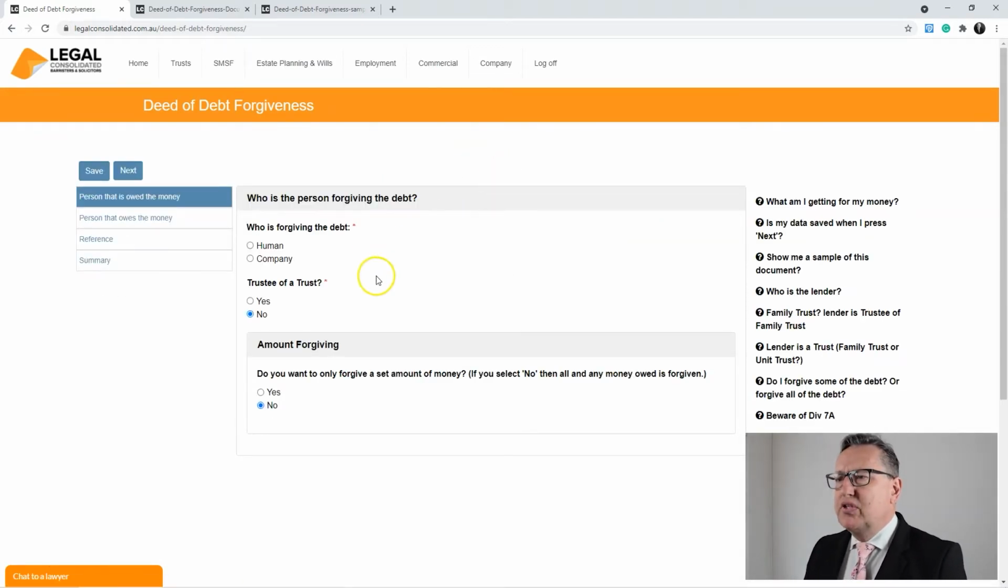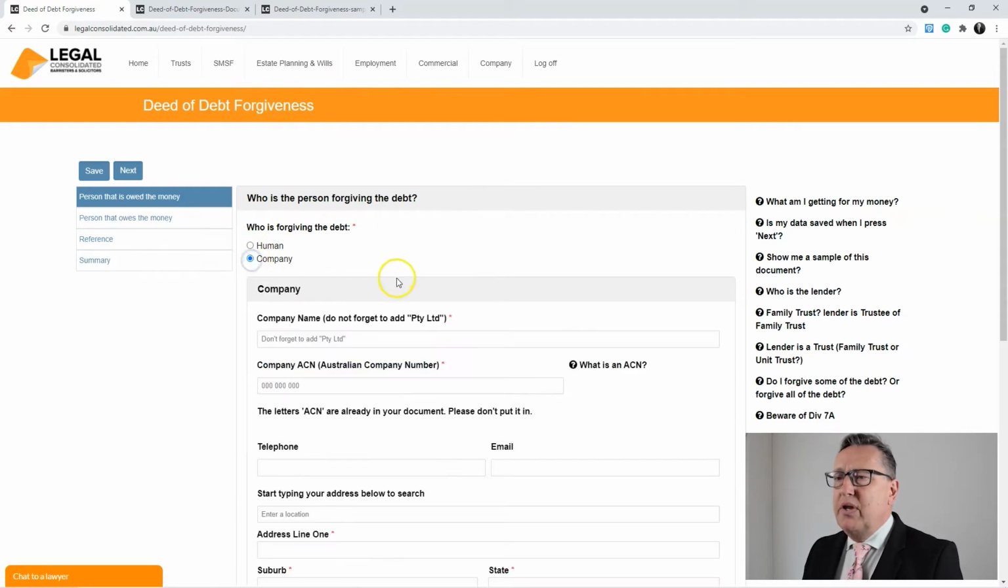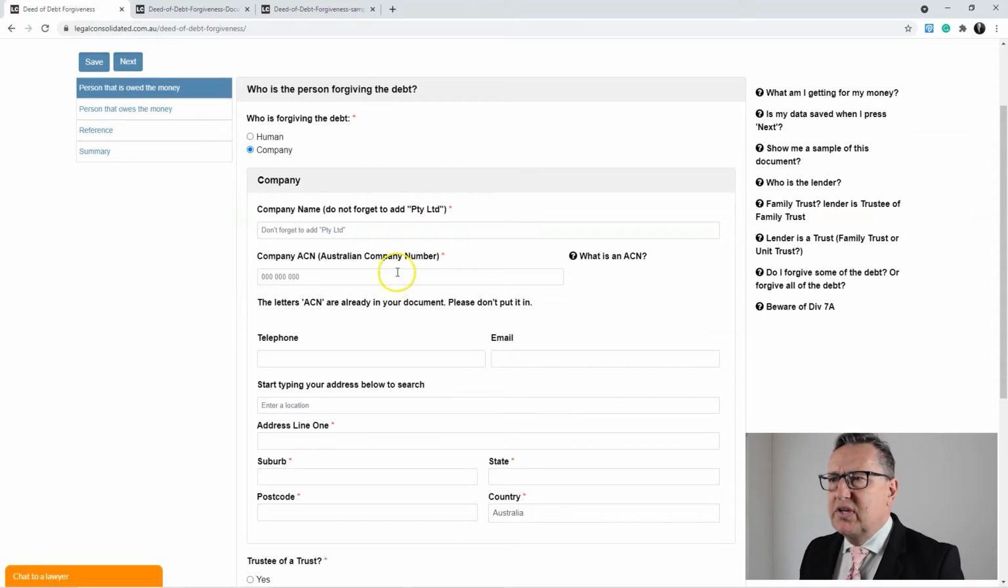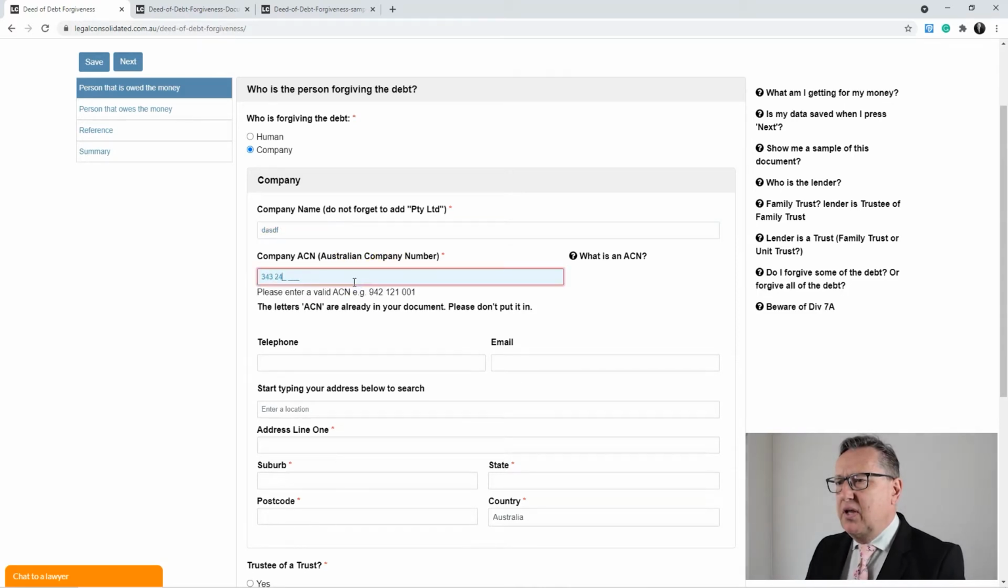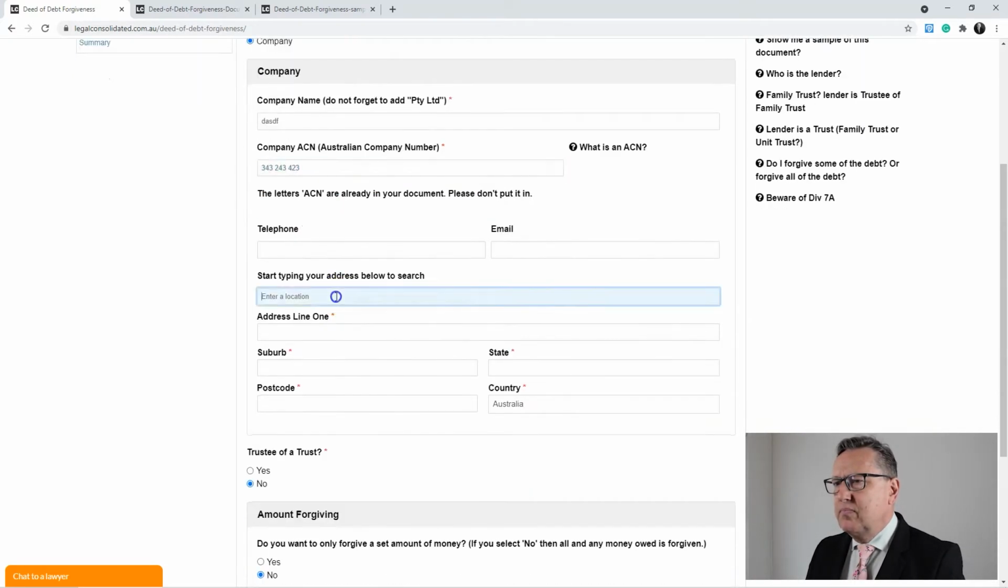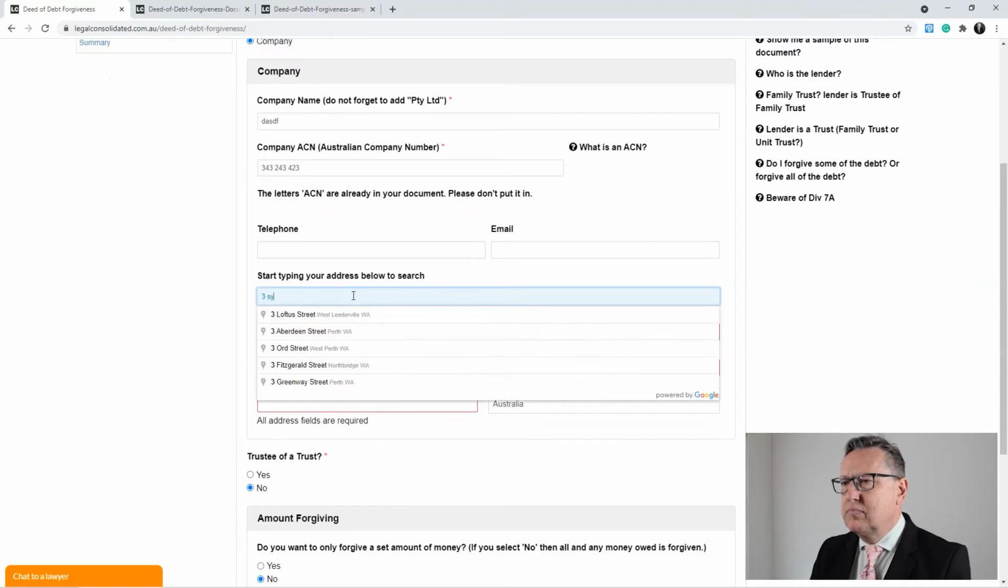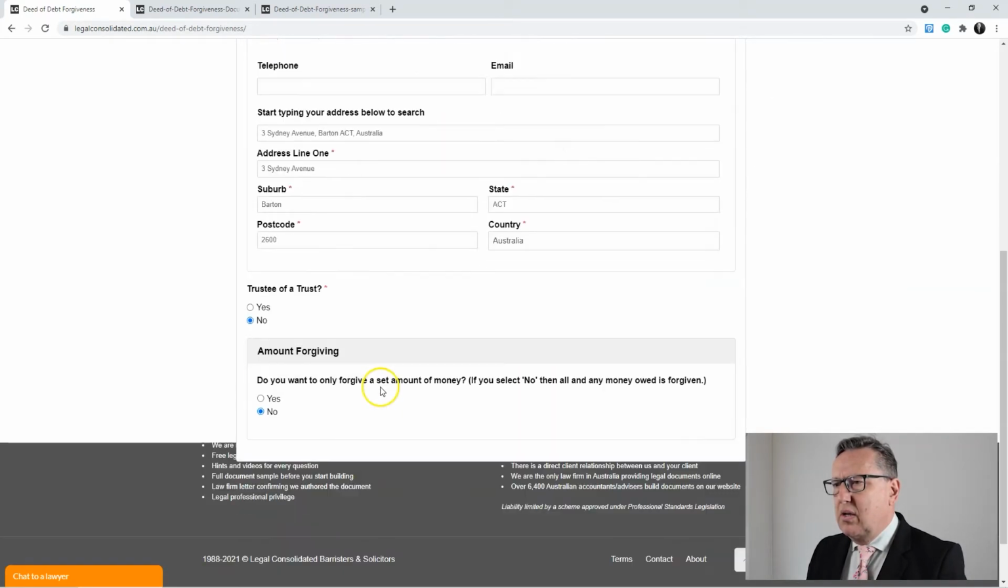Now, who's the person forgiving the debt? Let's make it a company. Oh, Professor Davies, you said companies can't forgive a debt. In this instance, the company will be acting as trustee of a family trust. So there's the company in ACT. Now, this instance, this company